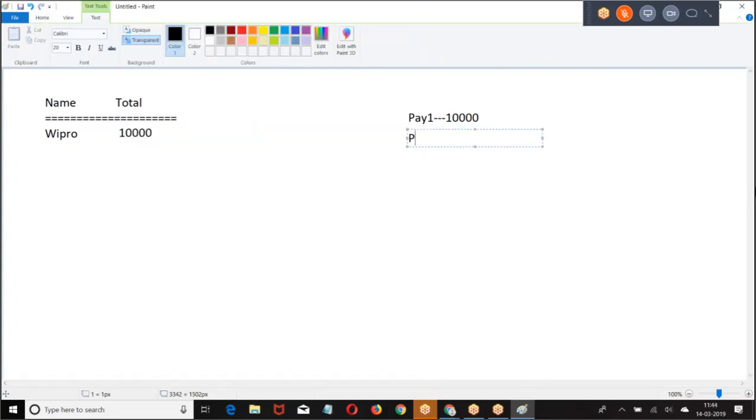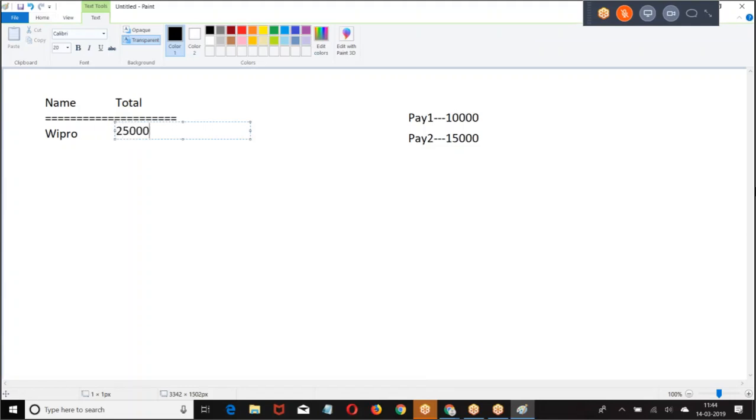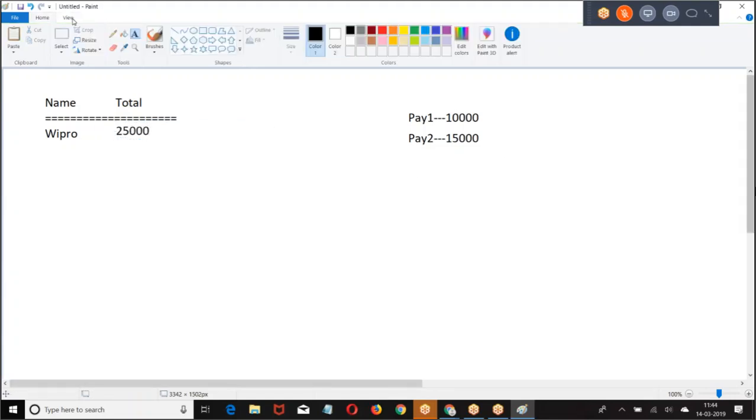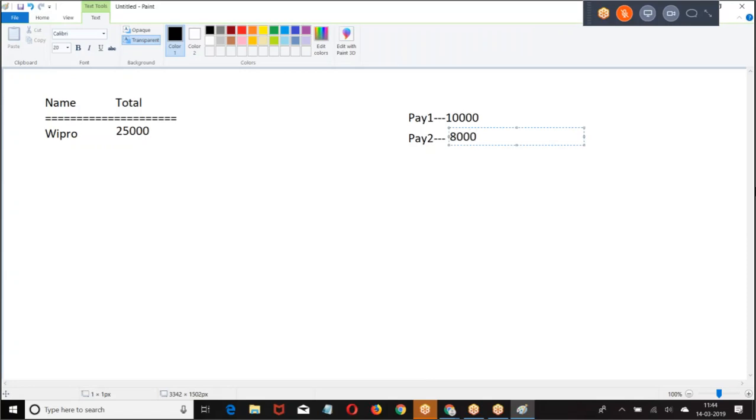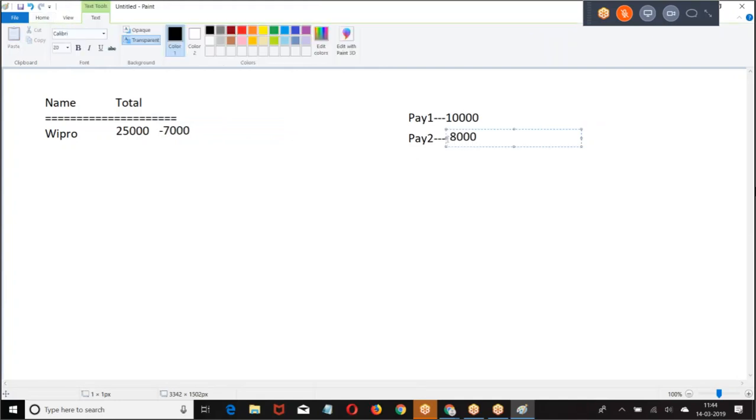I added one more payment record, then 10,000 plus 15,000. When I modify the payment record, 15,000 I modified as 8,000. Now I decreased by 7, so 25,000 minus 7,000. I modified this to 18,000, then I have to add.